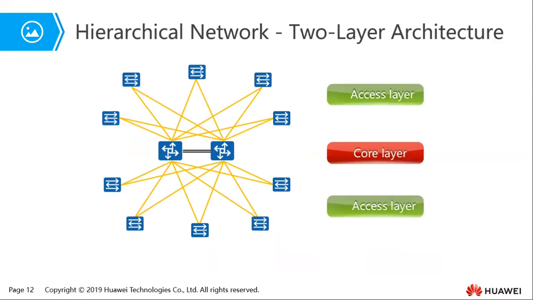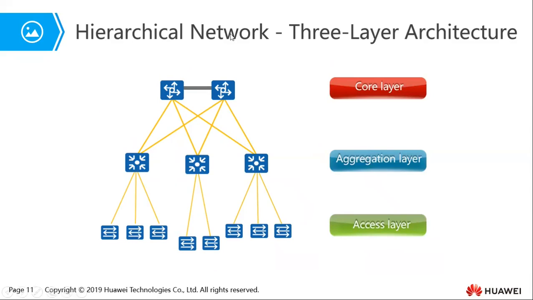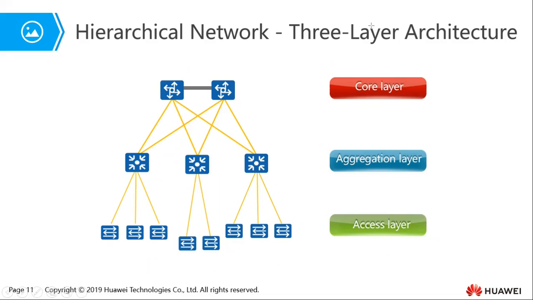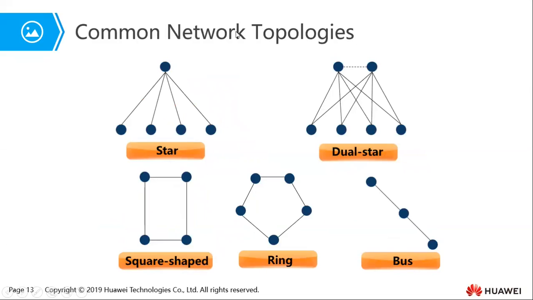If I go back here, you can see that what we have here is actually a star topology. So that's what we call a star topology. One of the disadvantages of a star topology is, for example, if this central device goes down, then all these people are not going to have network access. So that's called a central point of failure. To avoid a central point of failure, you can implement redundancy in what we call a